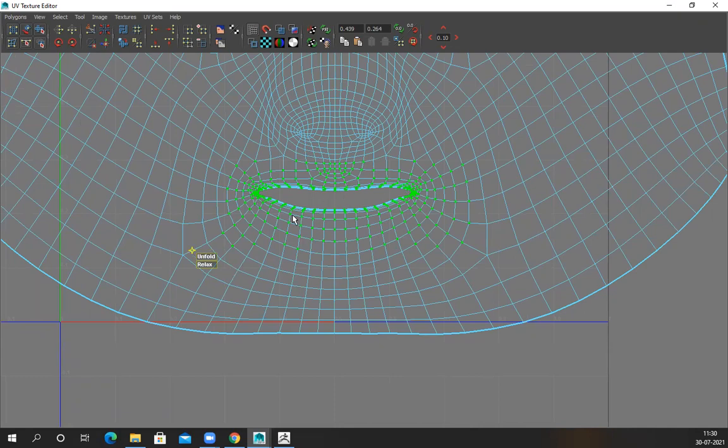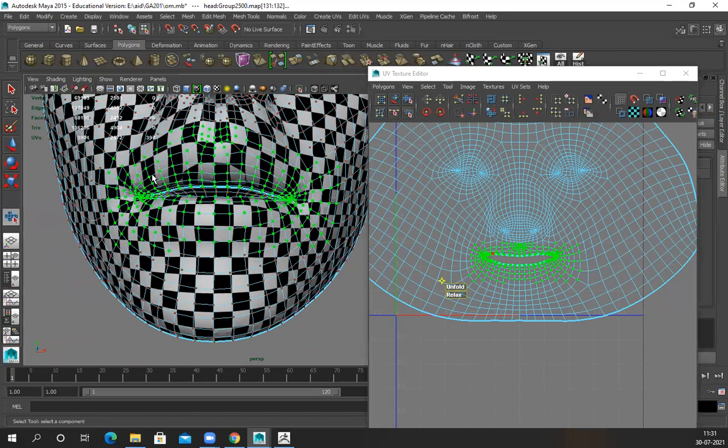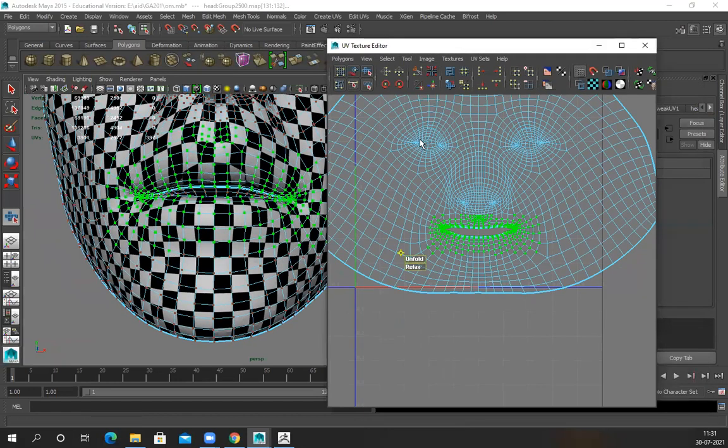Relax will open this space, and you can see a slight stretch, so that stretch I have to fix manually. In organic unwrapping, especially face, fingers and hands, those are manual. Legs and arms will unwrap in one click, but fingers, lips and nose have to be fixed manually. There is no other way.